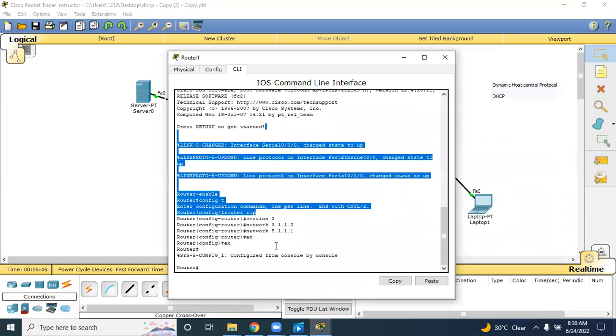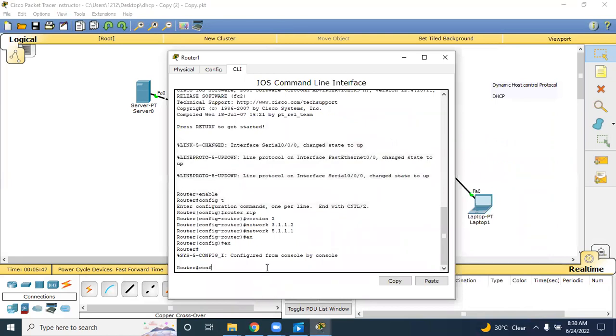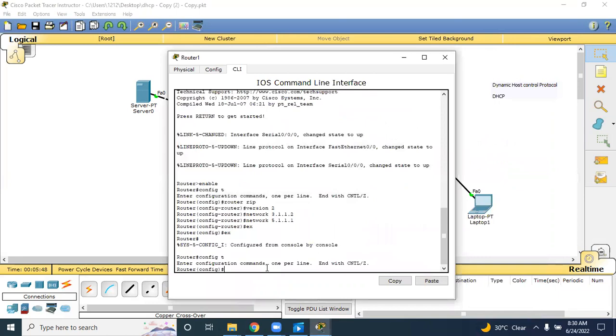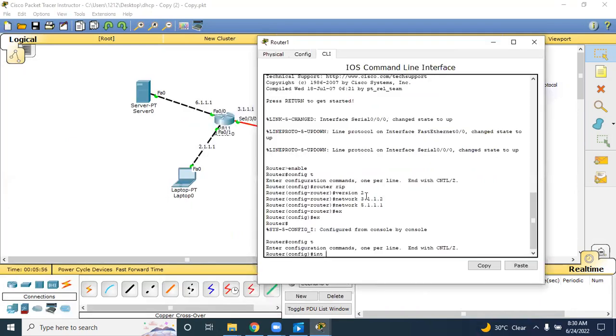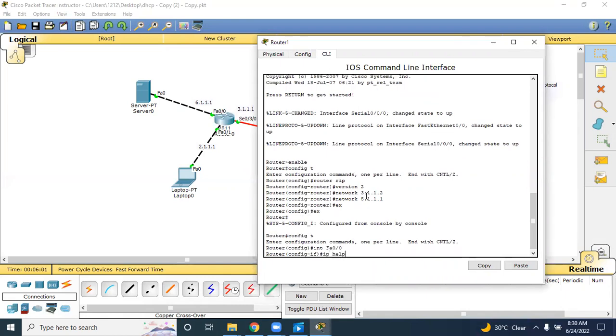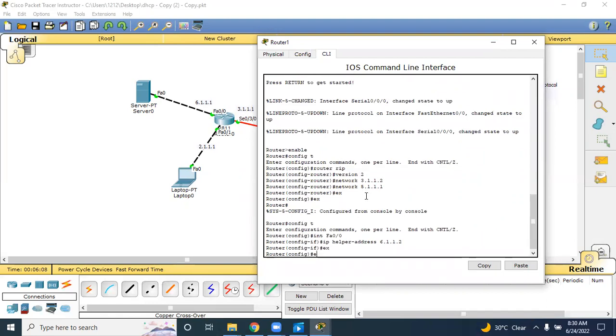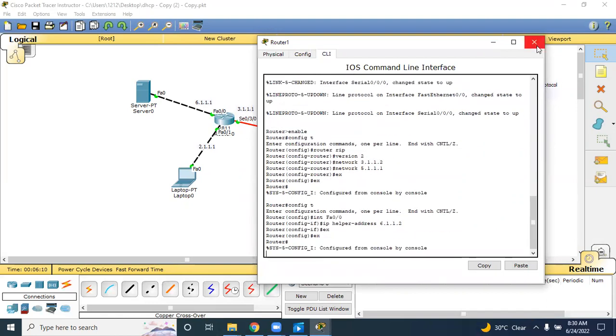So go to the router, config t, and what's this interface? It's FA0/0. So we're going to say int FA0/0, and then we're going to say ip helper-address 6.1.1.2. So now that you've done that, what you're going to do is make a